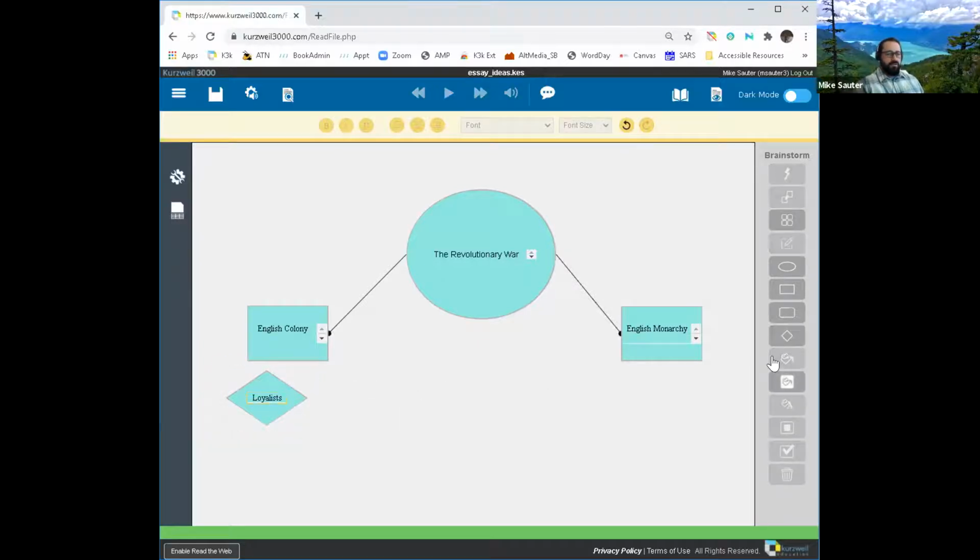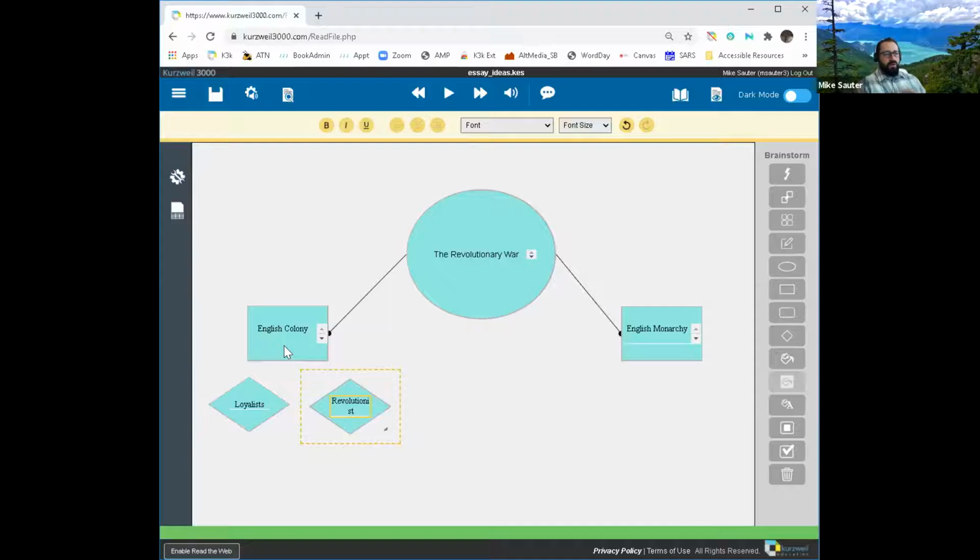And the loyalists are the colonists that still wanted to be part of the English monarchy. And then I actually have the revolution. Can't spell today. Revolutionists on that side. So there's my two new ideas.